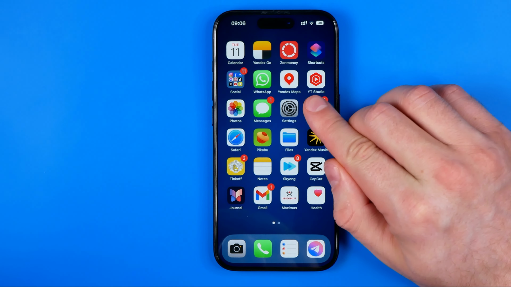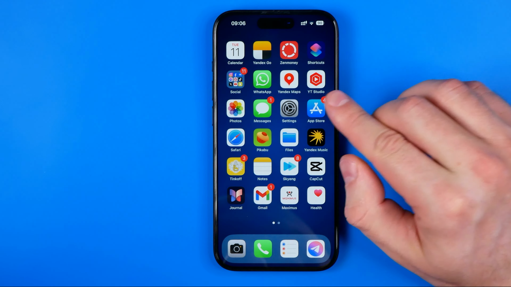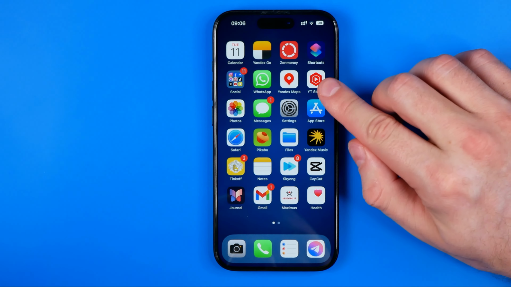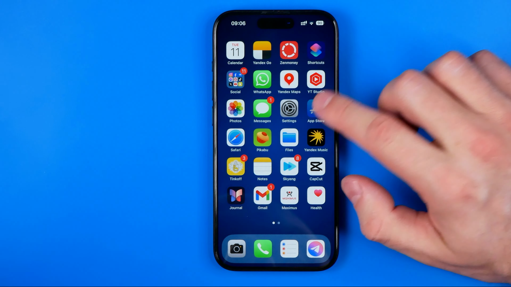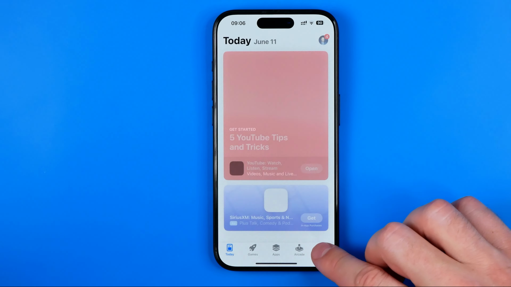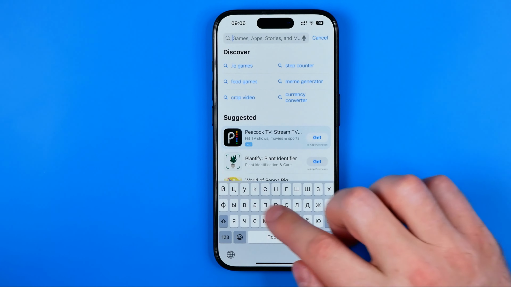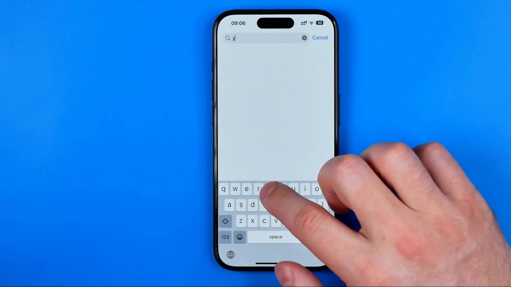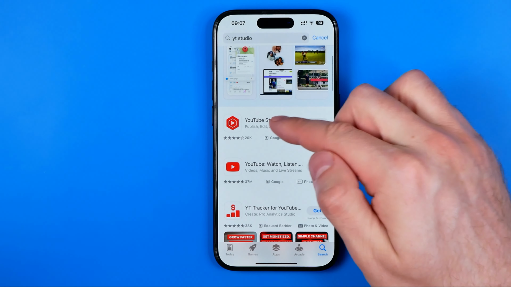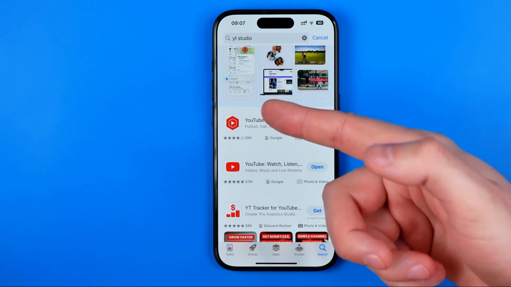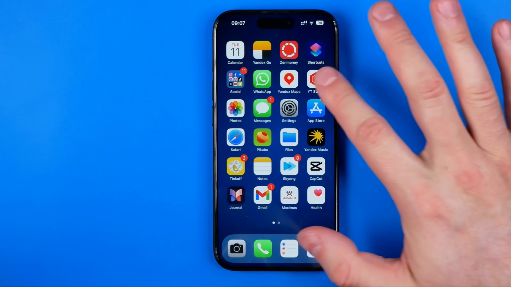need to download the app which is called YT Studio. We can easily find that app in the App Store or at the Google Play. Just head over to the App Store or Google Play, hit search and then enter YT. YT means YouTube, and then Studio. That's how we can easily find that app, and then just download it to your device and open it up,